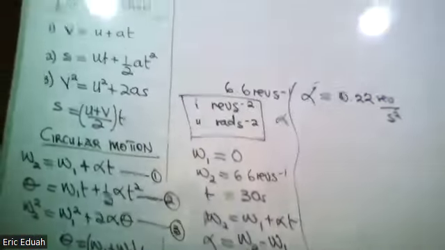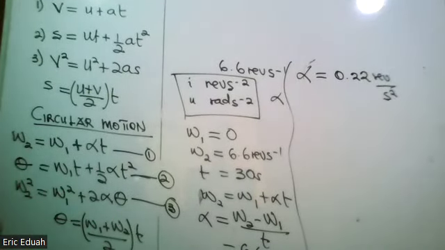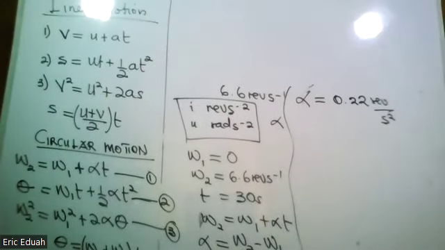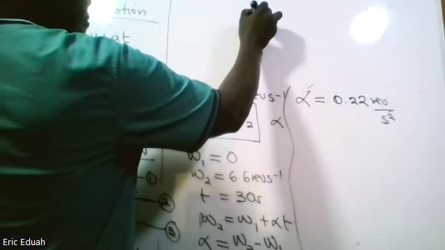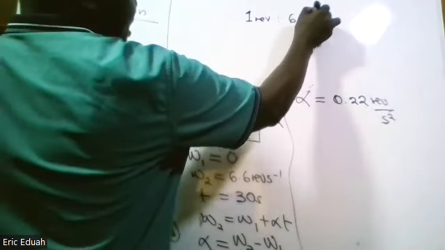I have no problem with the denominator. I have an issue with the numerator. So I must change 0.22 revolution to radian. How do I do it? We know 1 rev is 6.28